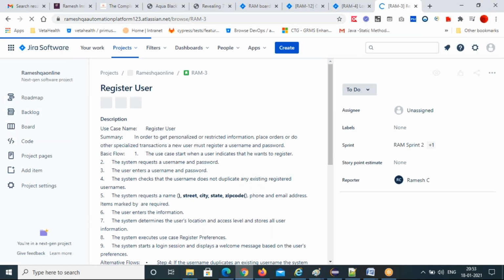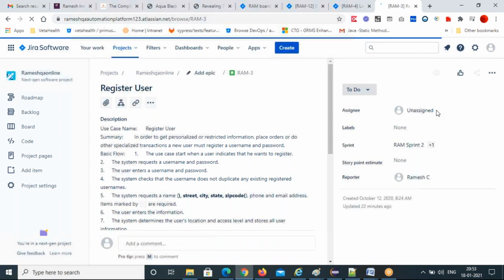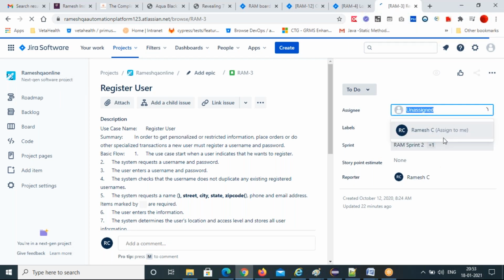I'll assign to one more person, another developer. Maybe I'll assign to Lavanya Reddy.